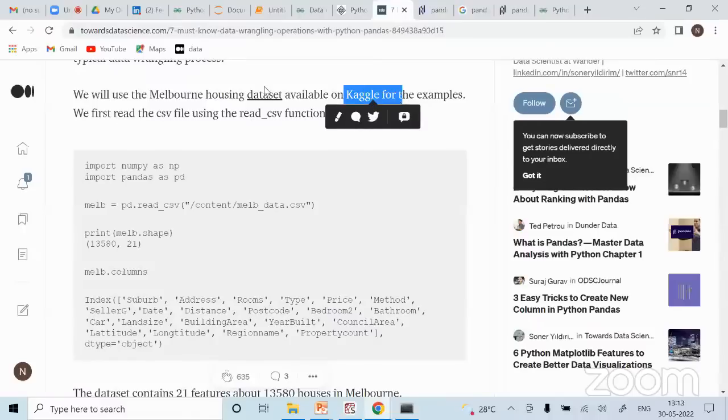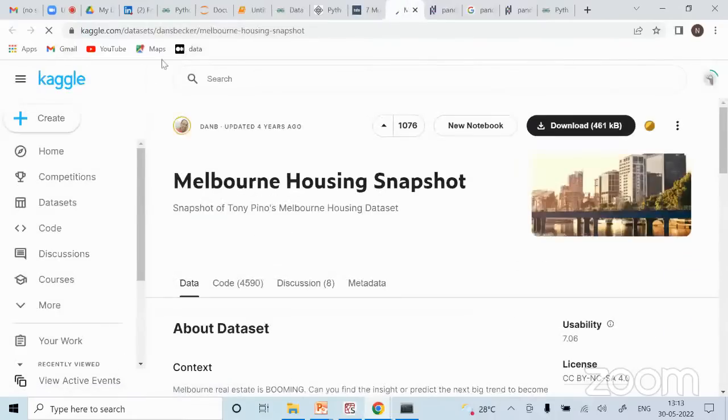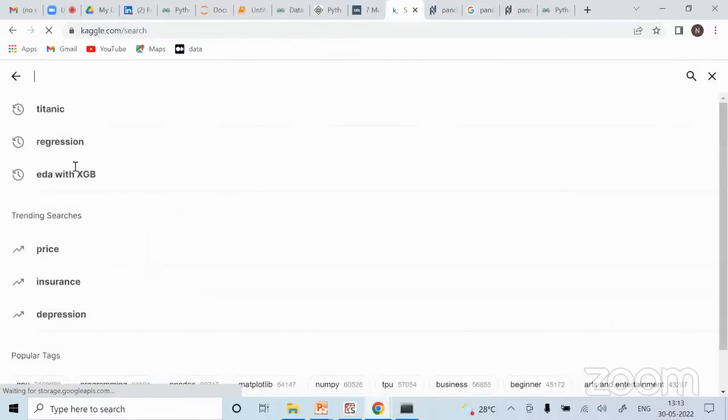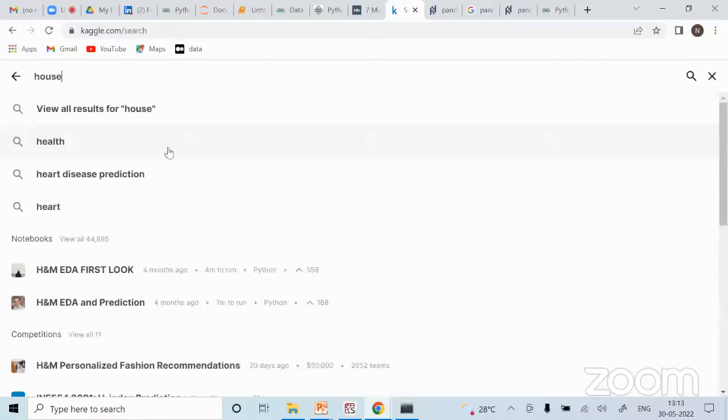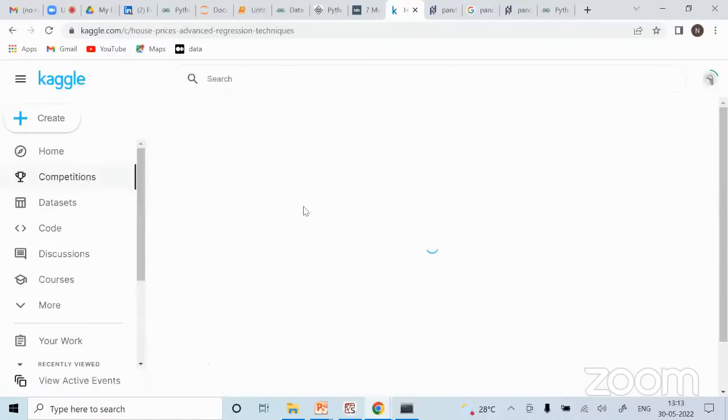So you can simply click on this and download the data set from this website. So this is the Kaggle website. So here if you look, you can simply search for any kind of competition or data set, whatever you are looking for. So if you are looking at, let's say, simple house prediction data, that you can search. So house prediction, see, house prediction data. So likewise you can get it.